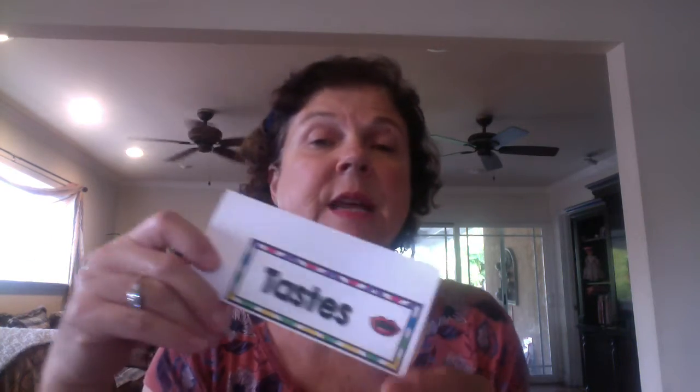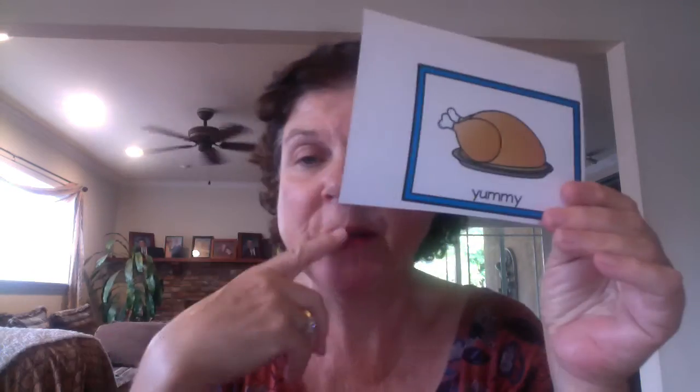Another of our senses is taste. You see they have on here the mouth showing the tongue, what something tastes like. Words that show taste are often adjectives. Here's some examples. Yummy. Yummy is an adjective that tells us what something tastes like. And here we just saw this one a few minutes ago. Sweet. In this case, sweet is candy. And the other one, it was sweet, a smell.